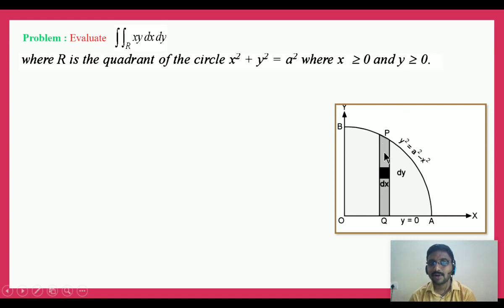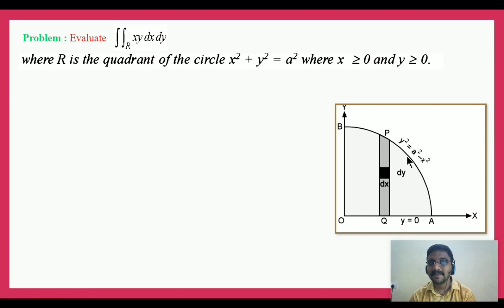In this region, we have to draw a strip, because the given problem does not involve any limits. Only the region is given. First, we have to find the limits of the double integration. For this, we take the strip, drawn generally parallel to the y-axis. According to the strip, the lower part of the strip touches the x-axis, that is y equals 0. And the upper part of the strip touches the curve, that is the circle. In the circle, y is plus or minus root of a squared minus x squared, but we take only the plus square root of a squared minus x squared. Thus, y limits are obtained.